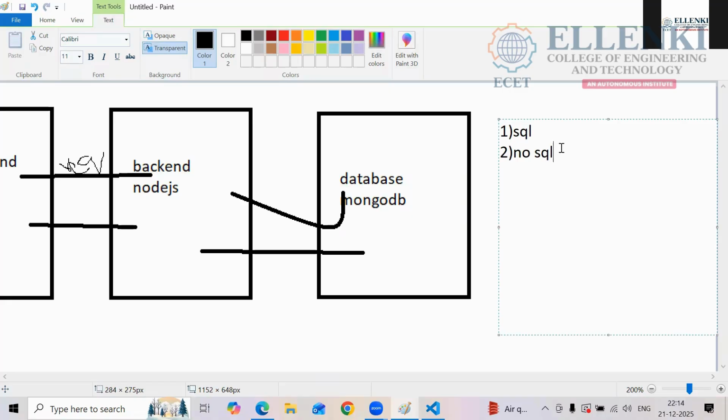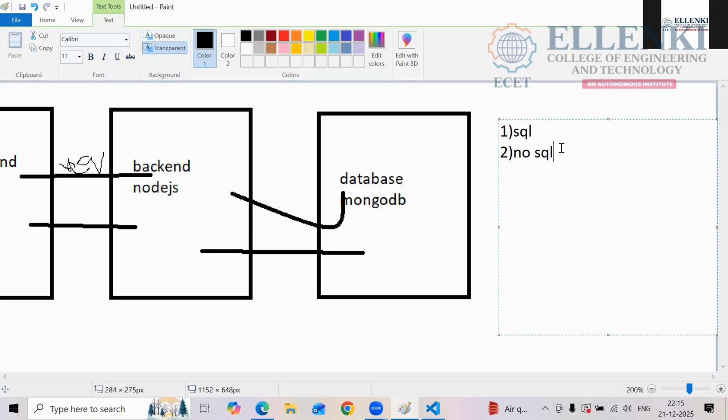Like that, according to user convenience, you are giving the data to your database. That type of data we call NoSQL. It will not maintain any order or anything like that. Whatever data we have, we push into the database.